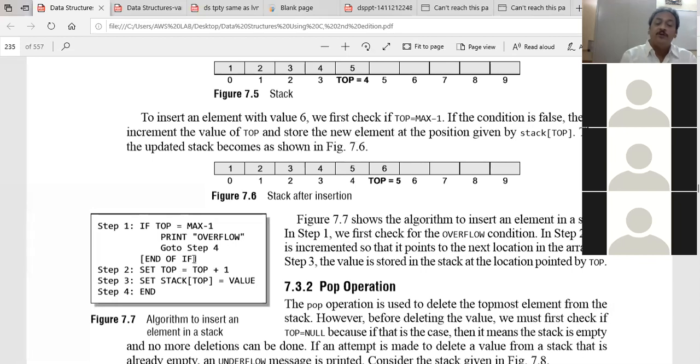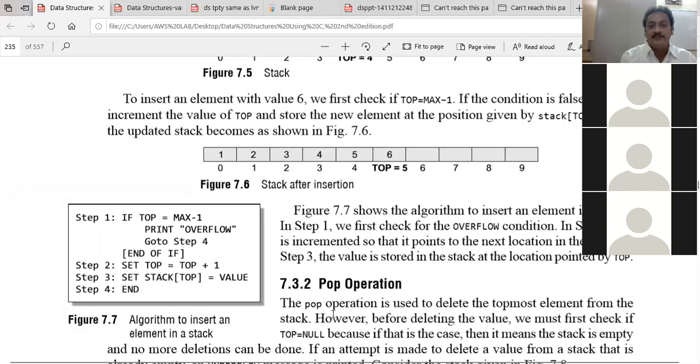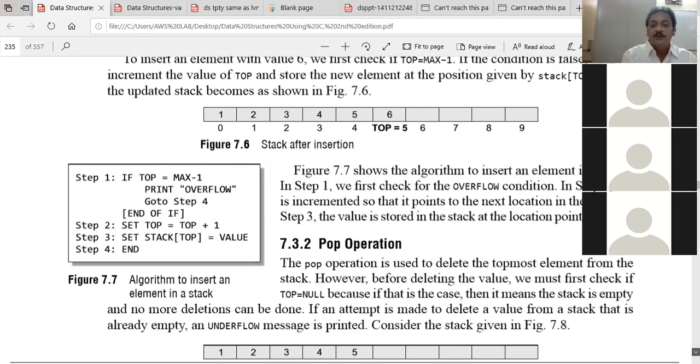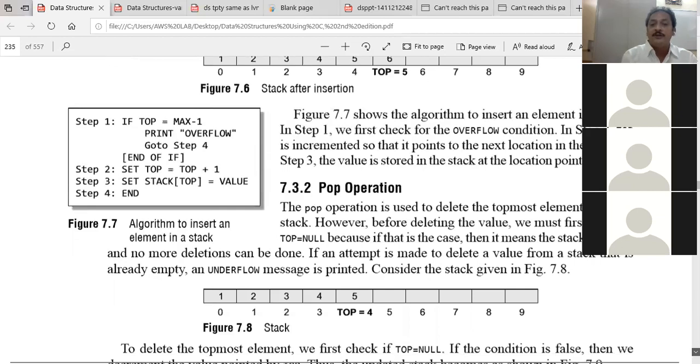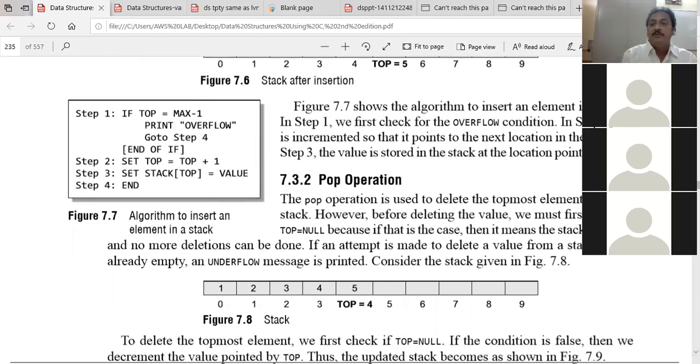Push operation is clear now. Note down this. We will discuss pop operation as the next topic, in the next class. Okay, or can I explain pop operation now itself? Because we still have 2 more minutes. Okay, do one thing. Let me explain the pop operation also. While performing pop operation, first we are supposed to check whether the top equal to null or not.